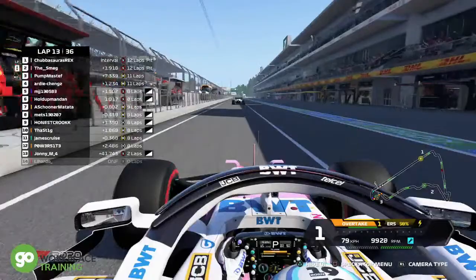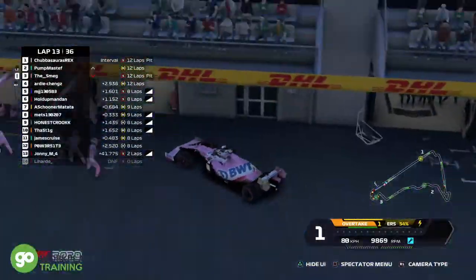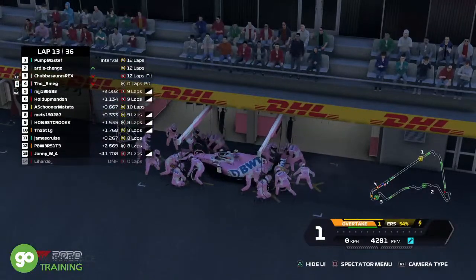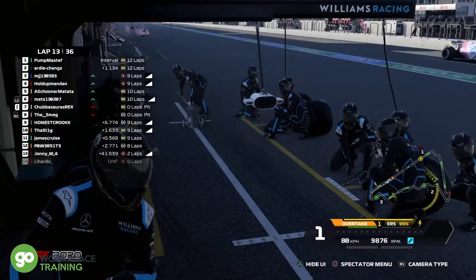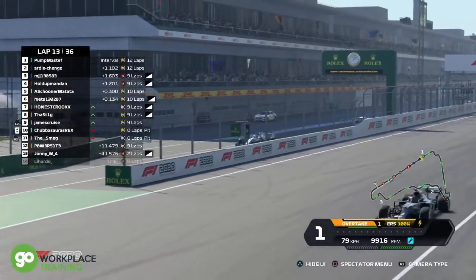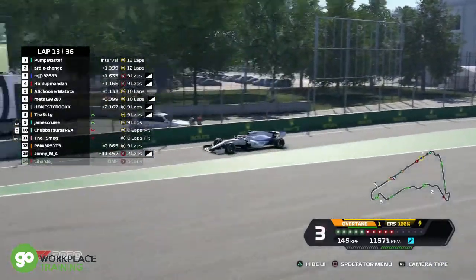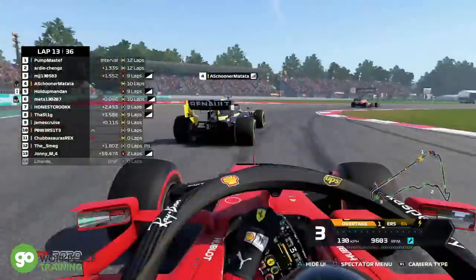So this will be interesting to see what tyres these guys go on. Do they go 1 stop or 2 stop? Hards for Smeg. Mediums for Chubosaurus Rex. Interesting. Now it'll be the question of whether he can get those mediums to the end of the race. The hards can definitely go to the end. We'll have to wait and see as...